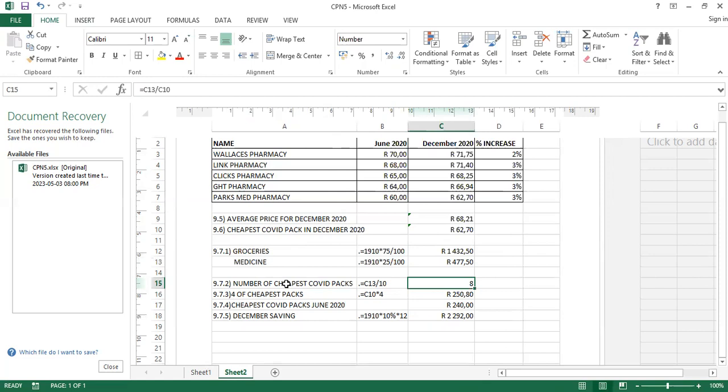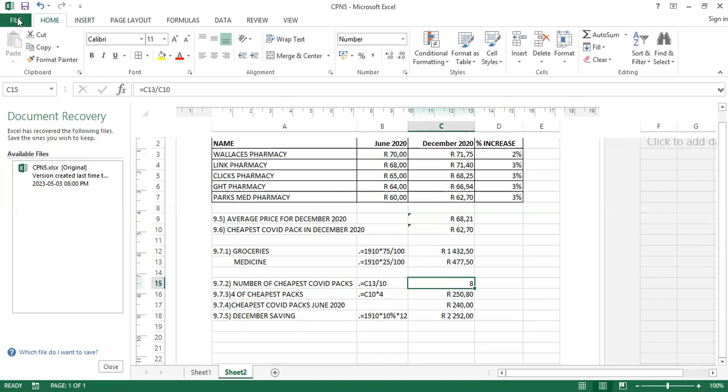The one that says number of COVID packs, meaning this number as an integer, being what? The whole number with no decimal place. Yes, so this is what they mean. And then we are done with that part. And then they say save the document as question 9, print it out and place it in your examination folder. So we'll just come to